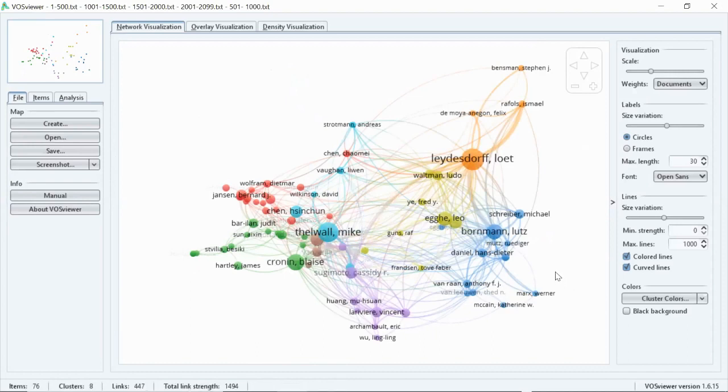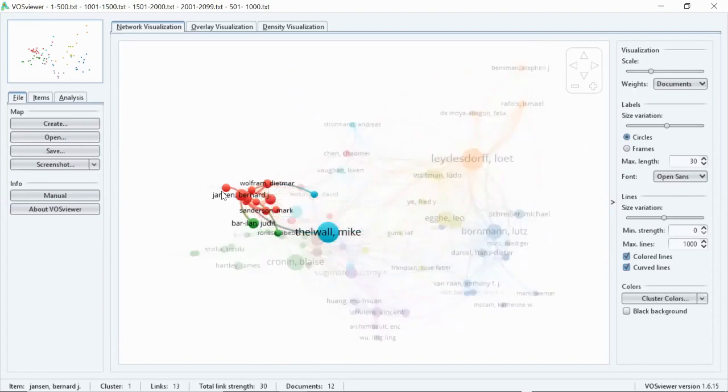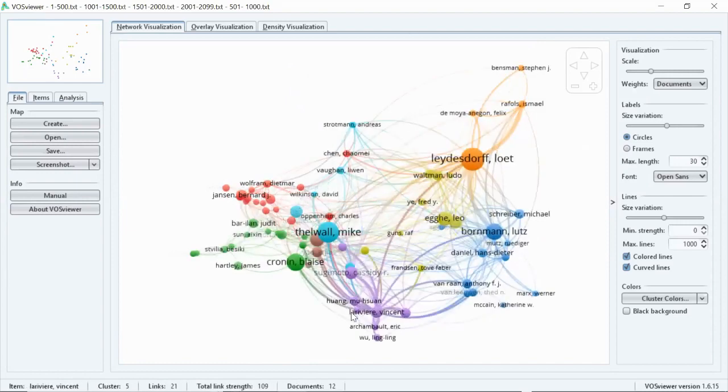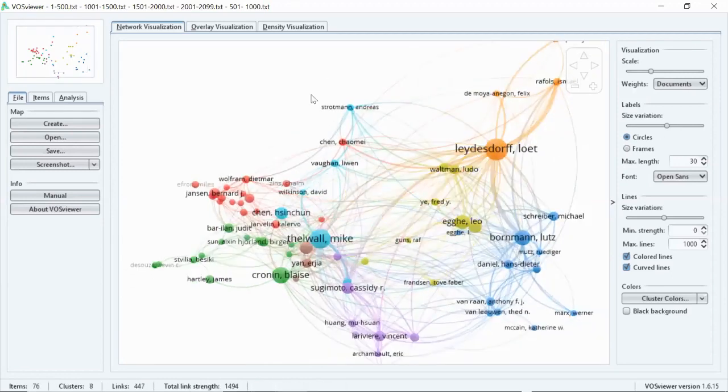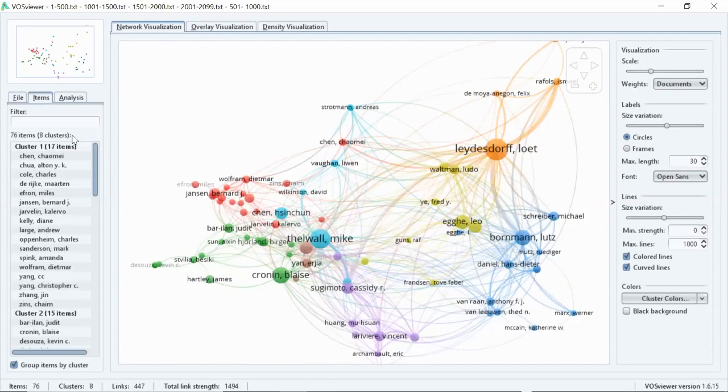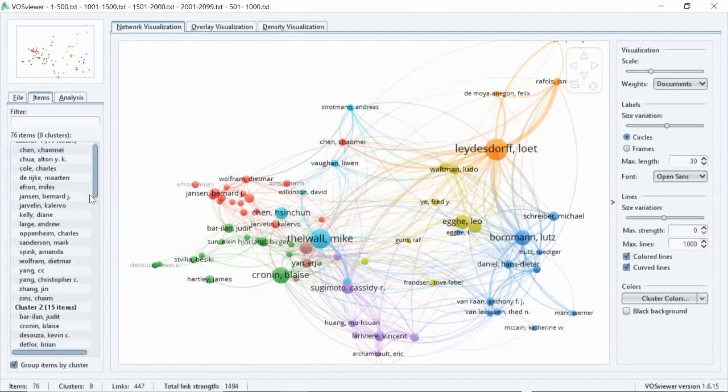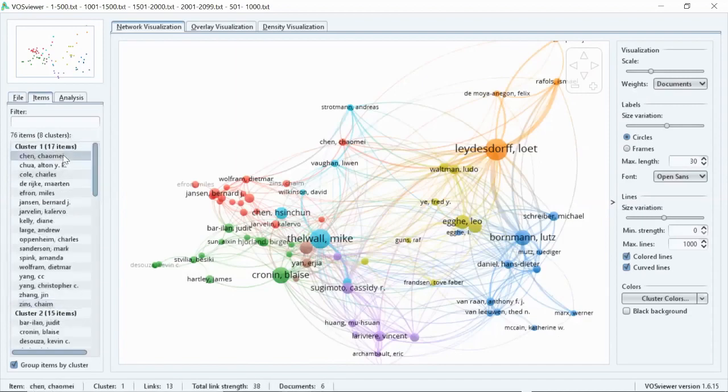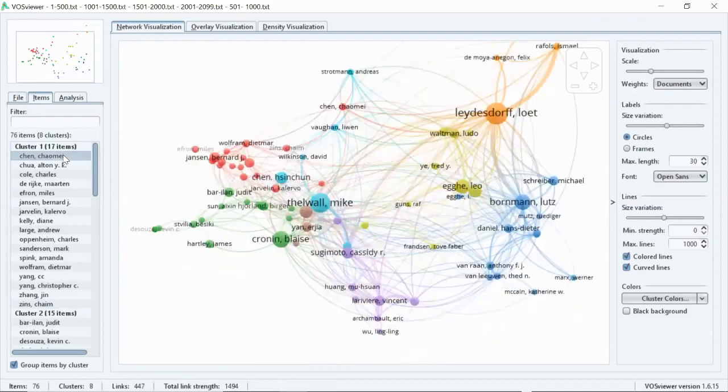So see, this is a good graph of the collaboration of the authors, and there are several clusters. There are more than, I think, 6 to 7 clusters. So to do an in-depth analysis of these clusters, I'll just take the items. So 8 clusters are there. So cluster one, they have grouped based on these authors, and you have to understand why they have grouped these authors in one cluster and those authors in a second cluster. You have to take the publications of those authors and see their collaborative pattern.